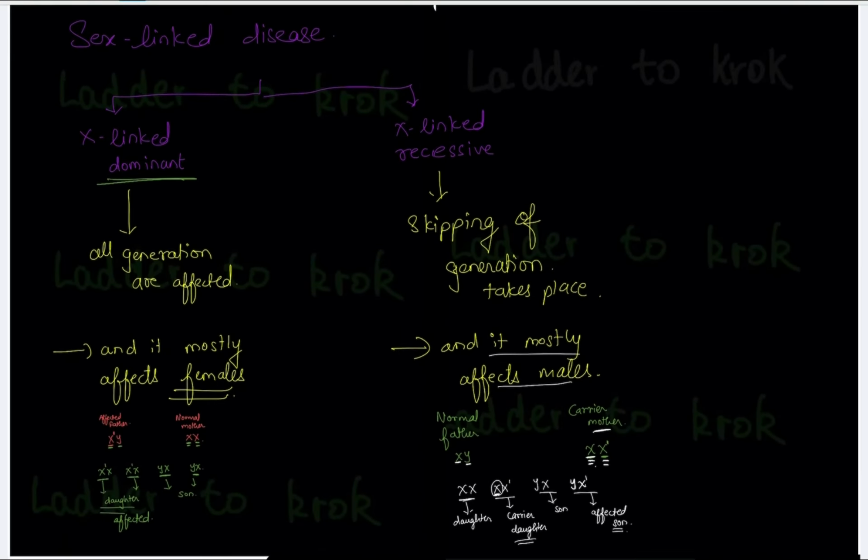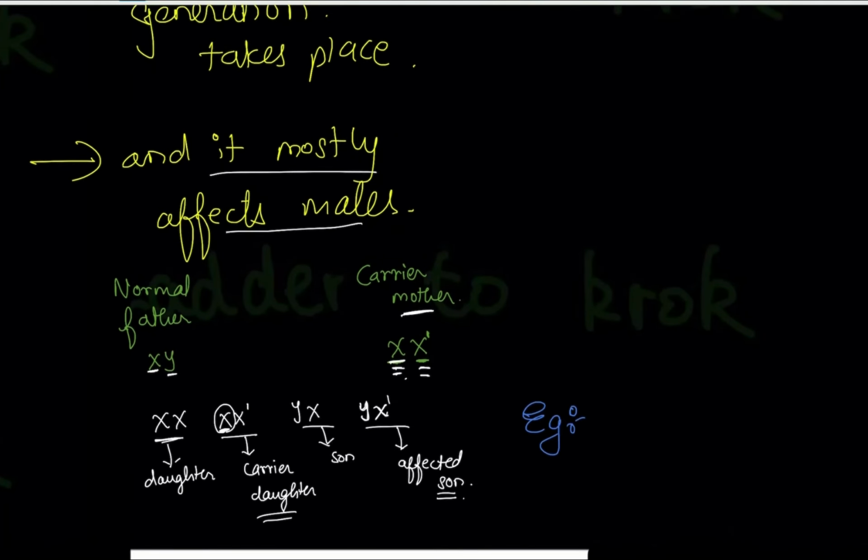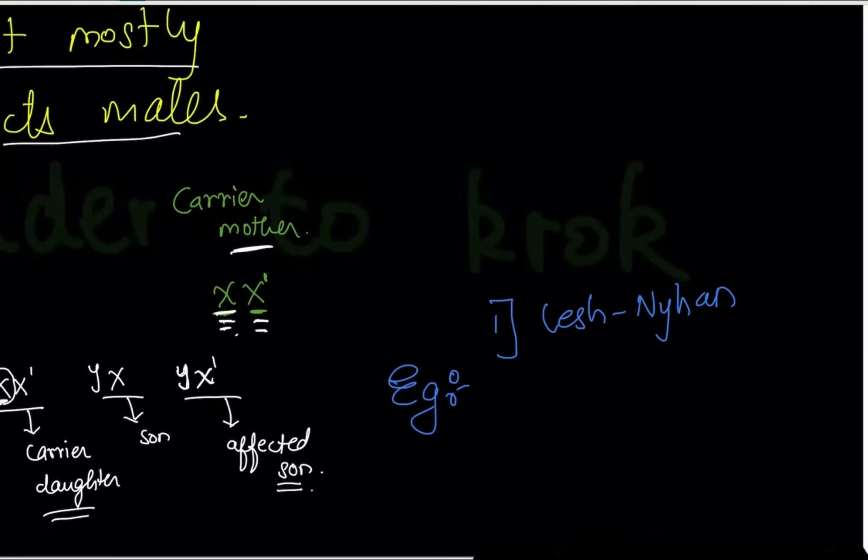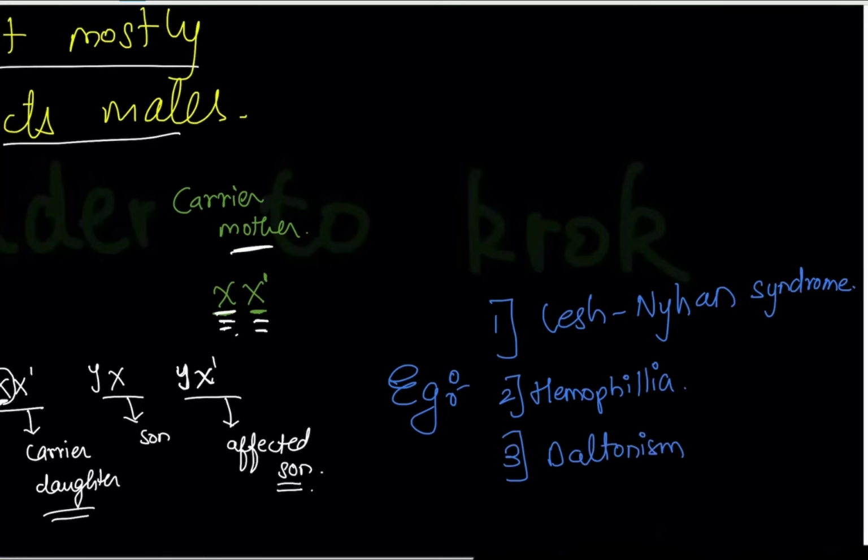Now let's know the examples of X-linked recessive. So example of X-linked recessive, first is Lesch-Nyhan syndrome. Now this is a syndrome which occurs because of an absence or a deficiency of an enzyme, which we will be doing in biochemistry. It belongs to purine salvage pathway. There is a pathway for it in which there is an enzyme. If absent, can lead to Lesch-Nyhan syndrome. The second is hemophilia. Remember these diseases because it's very important. Third is Daltonism. Now Daltonism, another name is color blindness. If you know Mark Zuckerberg, the person who made Facebook, he suffers from Daltonism.